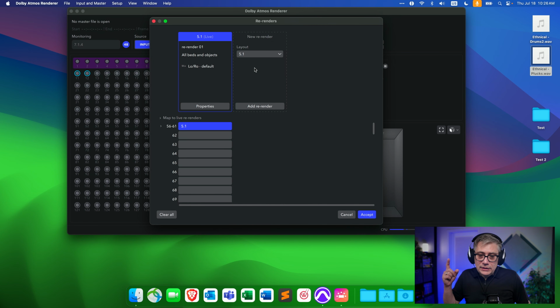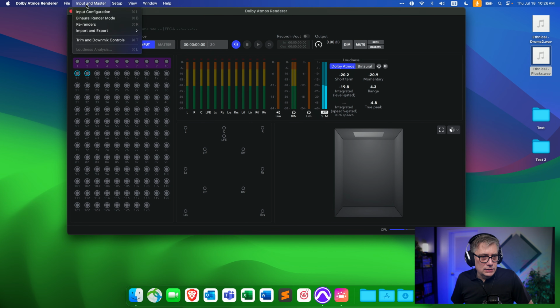The one thing that you need to do here is that by default, first of all, you need to map the re-renders to the output channels. Now, by default, that starts at channel number 65, so you cannot select anything below 65. The problem is that the Pro Tools Audio Bridge only has 64 channels, so we can't really use 65. So in order to be able to use that, you first need to change the minimum number of channel that you can use for re-renders, and this is done in the room setup.